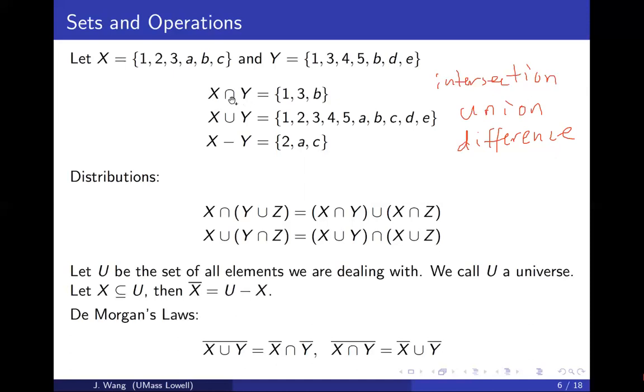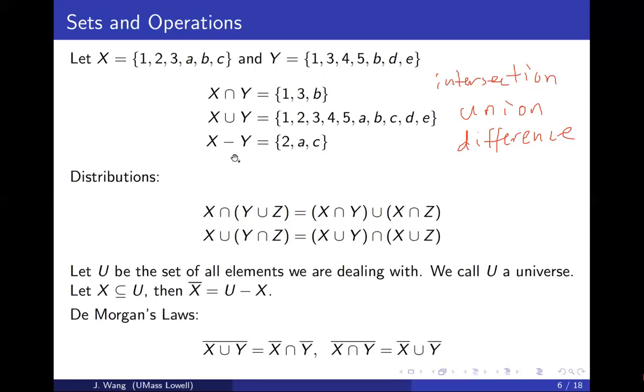So that's intersection. And this is a union. Union just means that whatever appears in X or Y will be in the union. You just put all the elements together. Of course, you don't contain repeated elements. For instance,